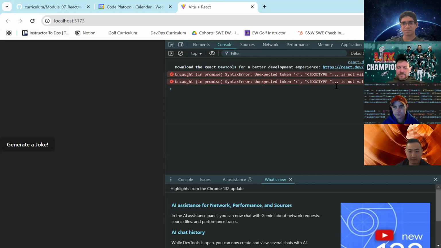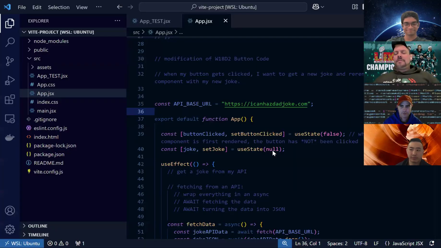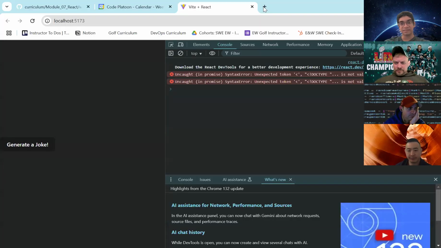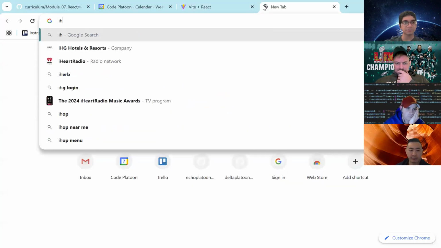Let's hit refresh. Uncaught in promise, syntax error: unexpected token less than sign, doctype is not valid JSON. That's weird, because you told us at the beginning that this returns HTML unless we do something with the, yeah. There's something extra we need to do. Header or something? Yes. So this is where going to the documentation is super duper important. So if we go back to